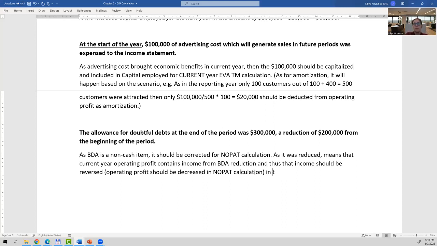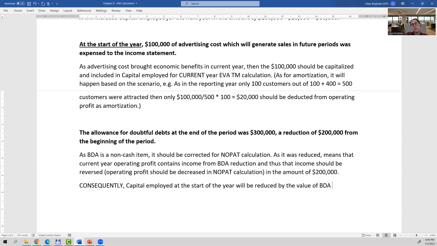In the amount of 200,000. And very important, consequently, capital employed at the start of the year will be reduced by the value of bad debt allowance at the start of the year, which means